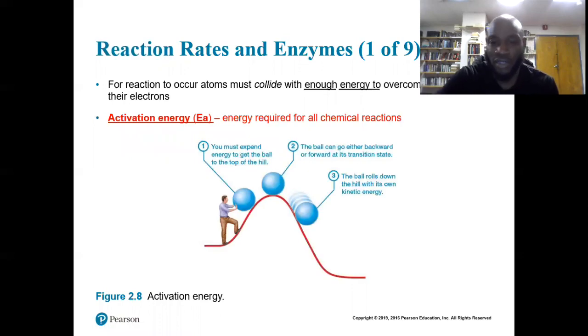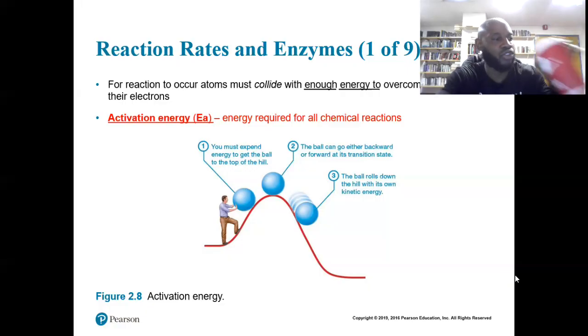Right, so now let's get in. So we talked about energy, we talked about different types of reactions. We're getting deeper into the body now, and we're getting into reaction rates and enzymes. Right, so for a reaction to occur, atoms must collide with enough energy to overcome repulsion of their electrons. So for a reaction to happen, the reactants must collide, must come together with enough energy to be able to